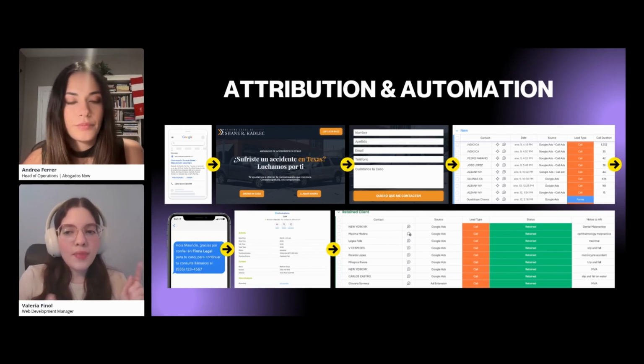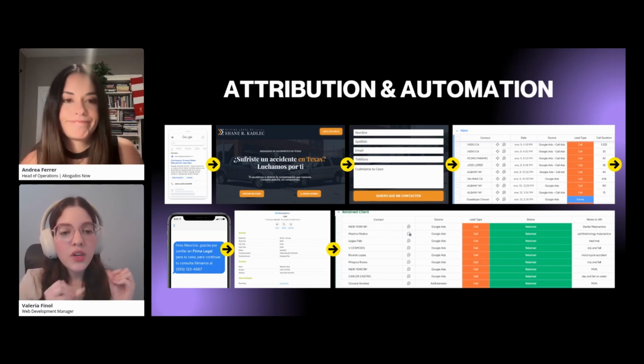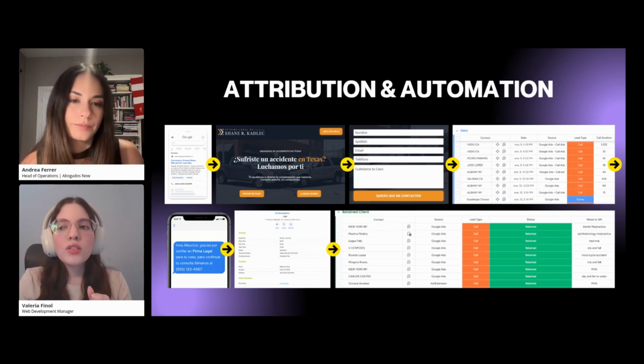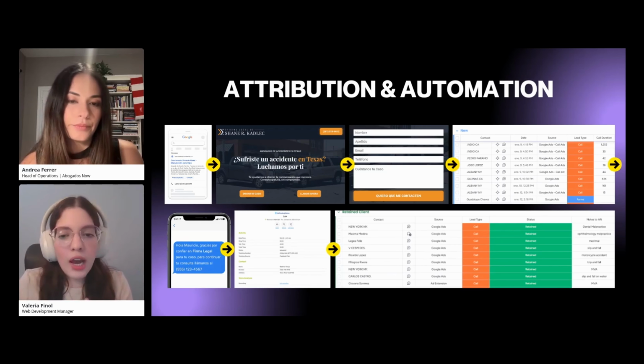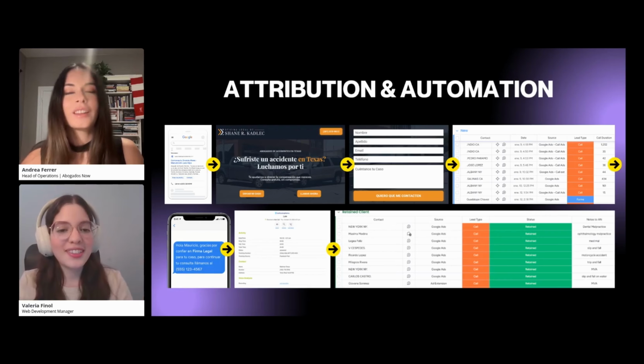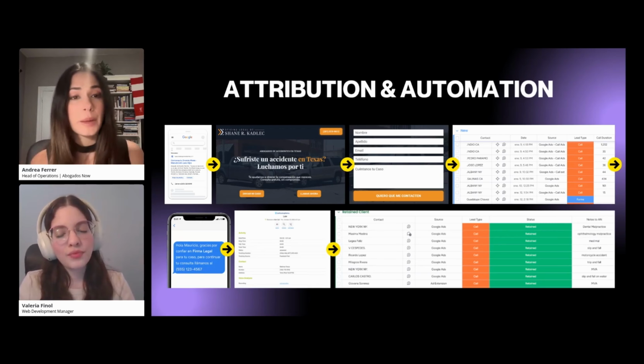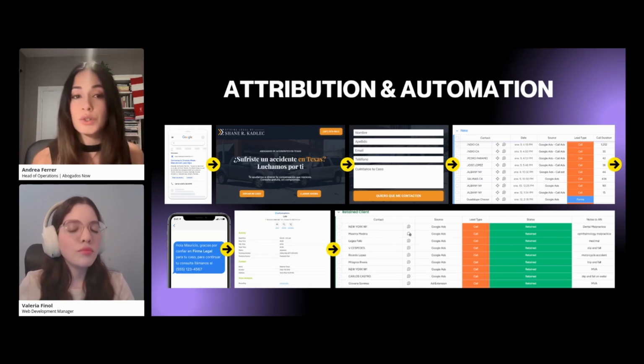Another important thing that we've mentioned before is call tracking. It's important to have a specific number for this landing page because this will help you know what's working, as I mentioned, with attribution. And then after that, your lead becomes a case if all of this is working as it should. One of the things that clients mention sometimes is that forms can be hard to reach. That's part of the reason why we have an automated message after a form is completed that says, hey, thank you for reaching us. Why don't you call us?